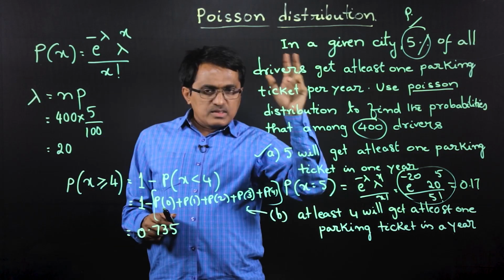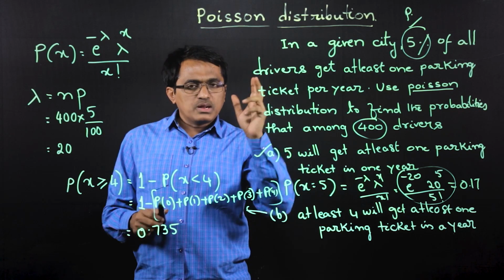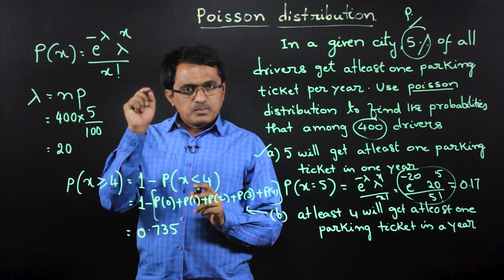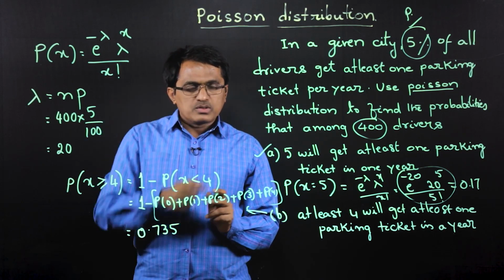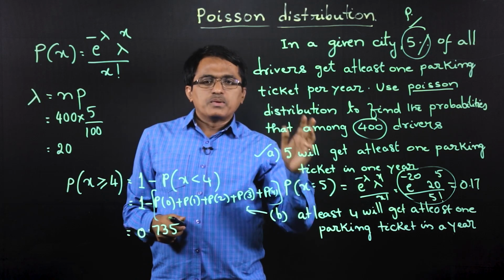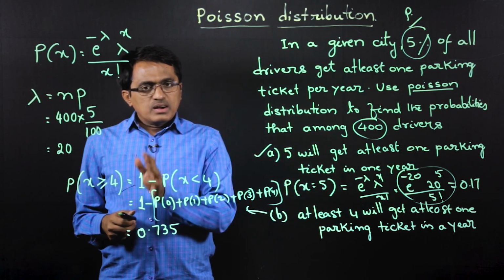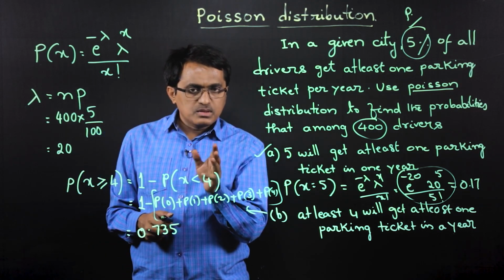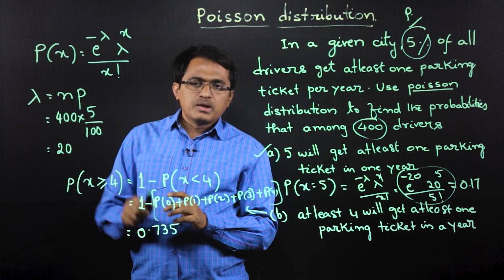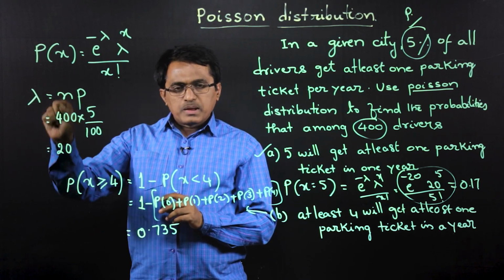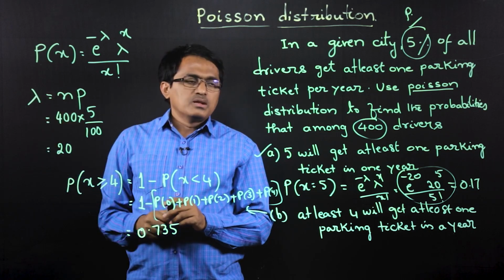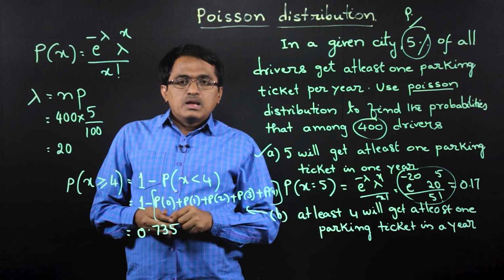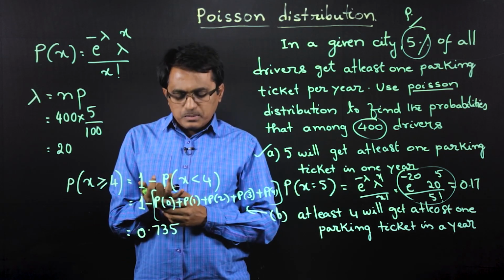So like this, in a given situation, how to find the Poisson distribution is, if the value of lambda is clearly mentioned, then we use the lambda value, then we will find the probabilities we require. If not, then we have to use the binomial approximation to the Poisson distribution to find lambda value, by using lambda equal to NP. Then once the parameter of the Poisson distribution is available, then we can find the probabilities we require. So, like this the Poisson distribution can be applied.